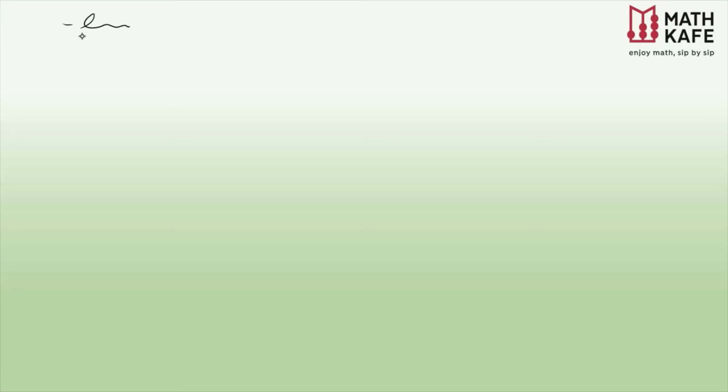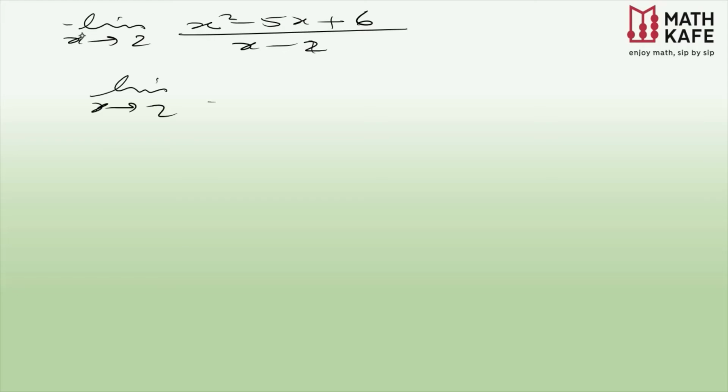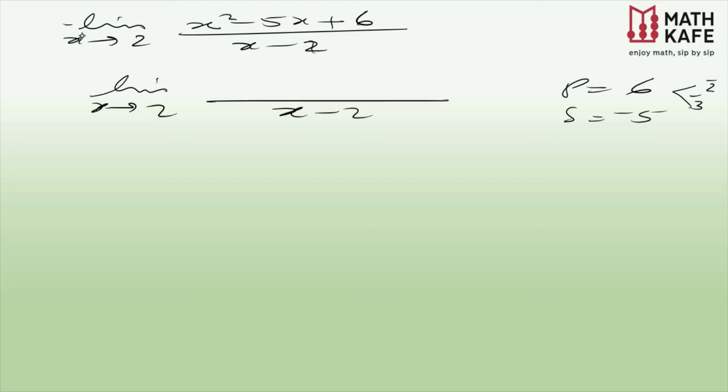Consider another example. Limit x tends to 2, (x square minus 5x plus 6) divided by (x minus 2). Clearly, we can't evaluate this directly because the denominator is going to be 0. As it is x minus 2, you must get an x minus 2 in the numerator. You split the middle term: product is equal to 6 and sum is equal to minus 5. Clearly you know the numbers must be minus 2 and minus 3, so (x minus 2) into (x minus 3). Or the shorter way: you know one term must be x minus 2, and you need to check that minus 2 into which number will give you plus 6. Obviously minus 3, then cross check whether you are correct or not. Cut it out. So x minus 3, so 2 minus 3 is what? Minus 1, that is the answer.